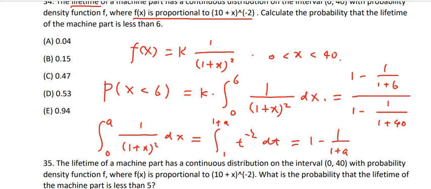Okay, so let's see. So this is 1 minus 1 over 7, and 1 minus 41. Okay, so let's say 41, so 41 minus